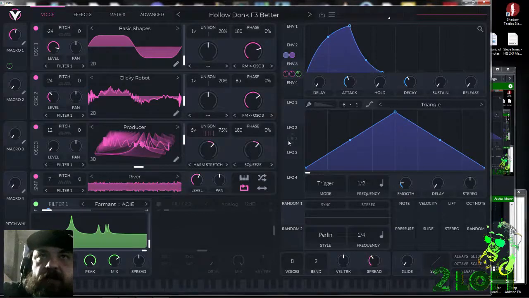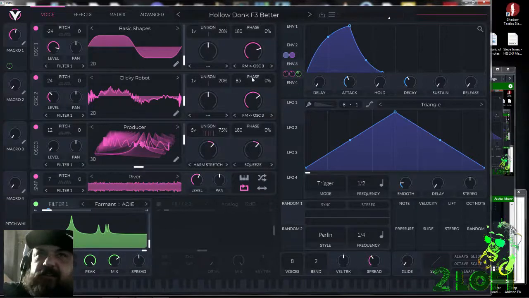But I kind of wanted to basically show some sound design and go over a few, I guess, things that are probably a little higher level. But I think that having an understanding of this should help open up some options if you're not already aware of some of the design techniques. I'm going to be using Vital. This is free software,